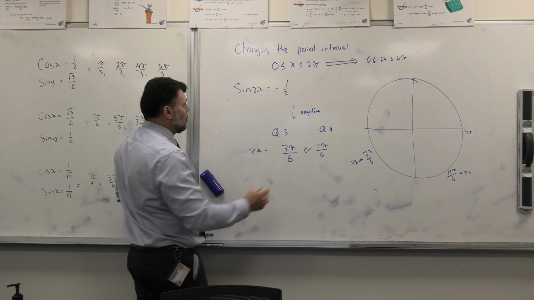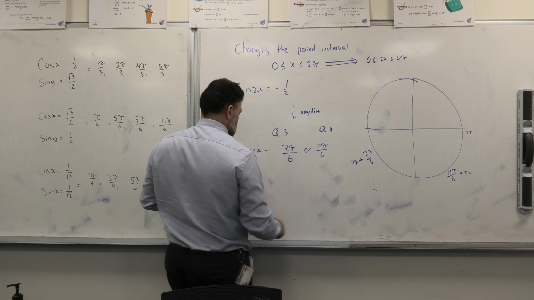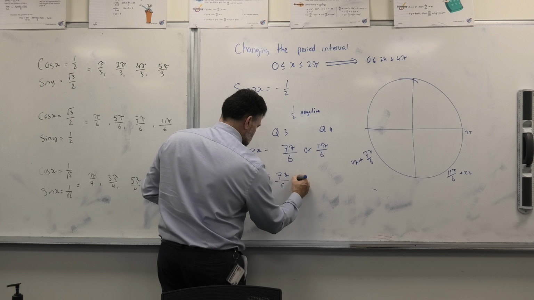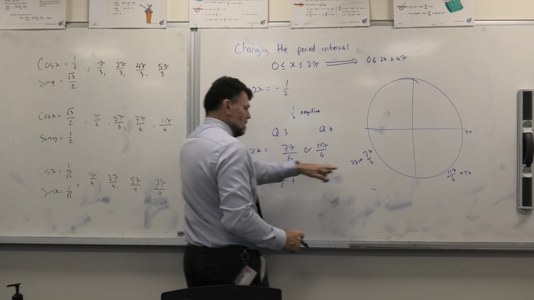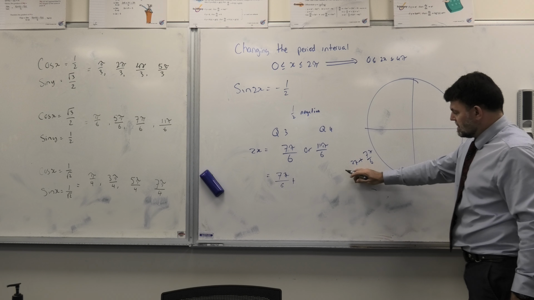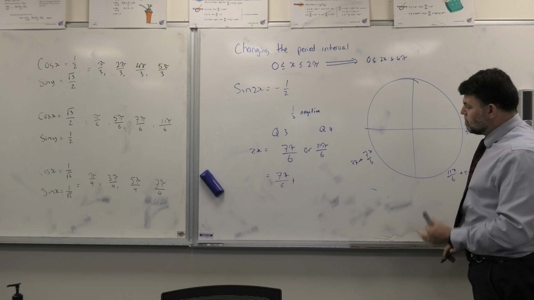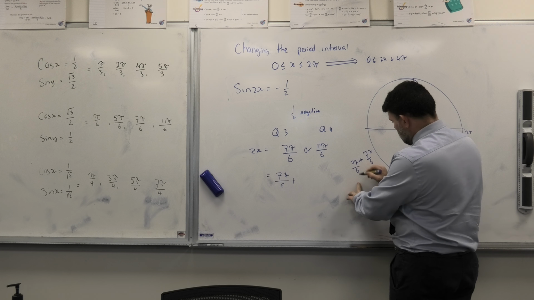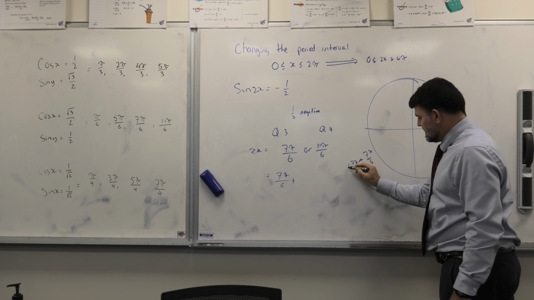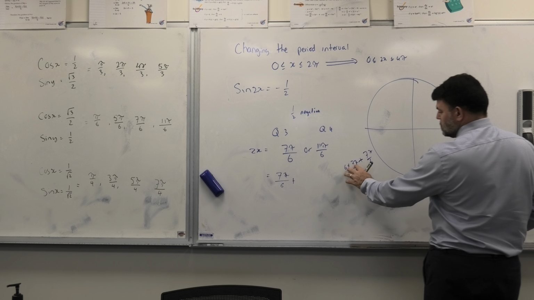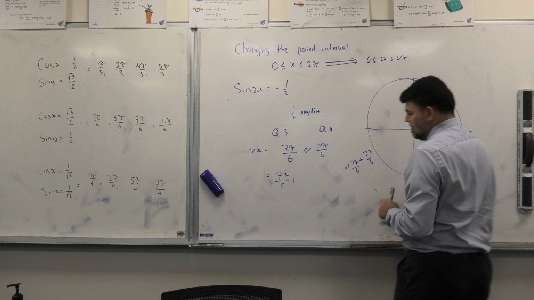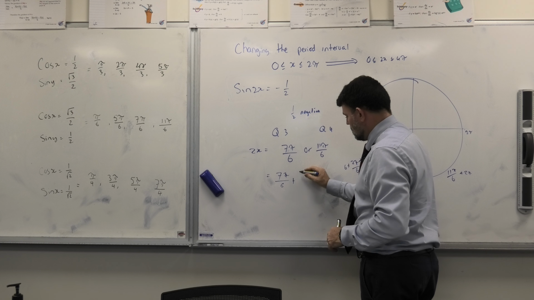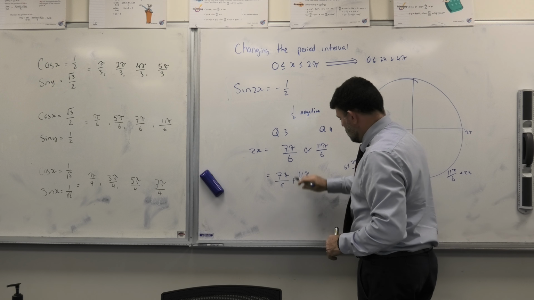But because we're going around twice, this is actually going to be equal to 7 pi on 6 plus 2 pi. Now we can work that out by saying, okay, well, if I put this over 6 and times that by 6, I get 12 pi plus 7, which is 19 pi. But I'm not going to put that in this, I'm just going to put 11